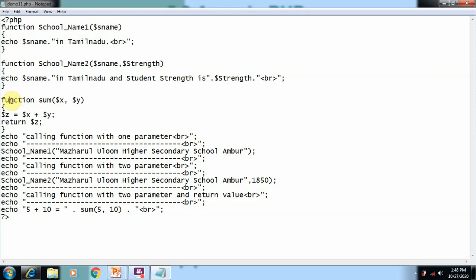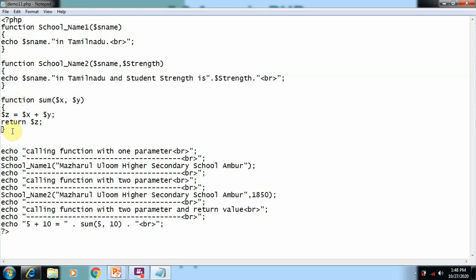Here we created another function, namely sum. Here we accept two inputs. One is x, another one is y. In the coding you can see we create another variable called z, where we add the two parameters, x plus y, and store the value in z, and we use a keyword called return.